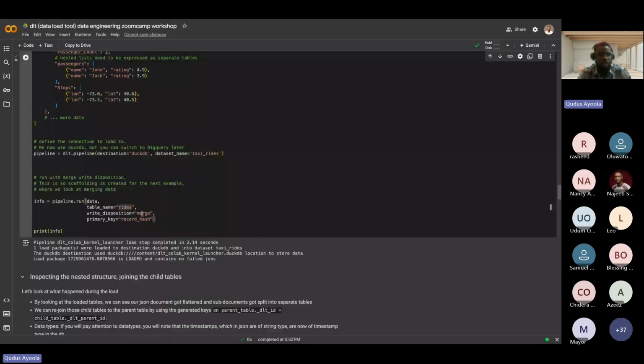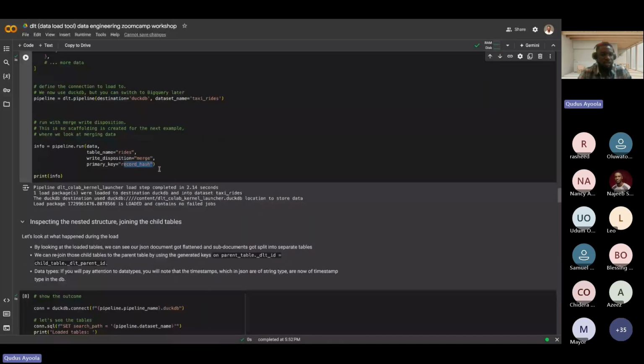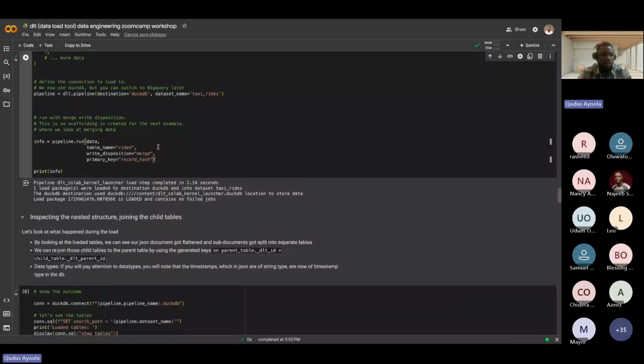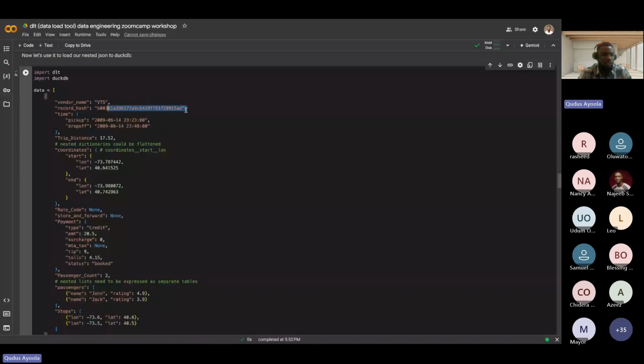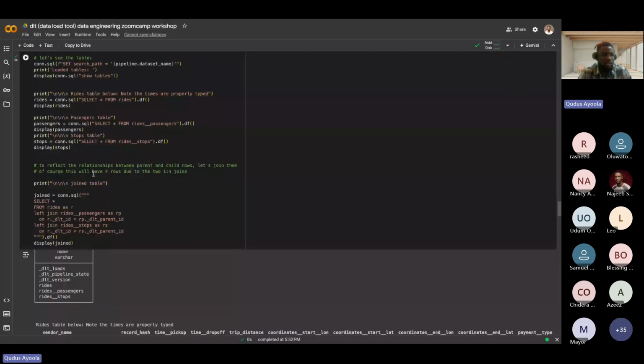We don't need to write any complex script, just pass in the right method and tell it what primary key it's using in order to track changes. So we are saying the primary key will be the record hash, which is this distinct value for each row here. So now that I run this query, what it returned here, firstly,